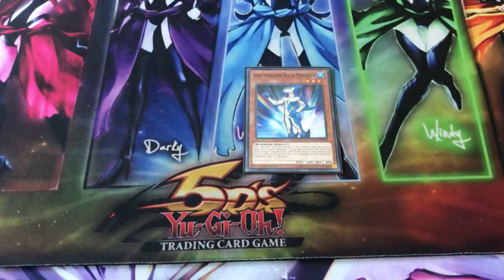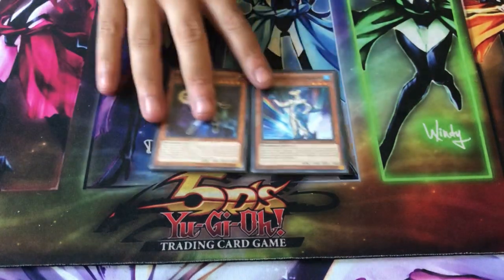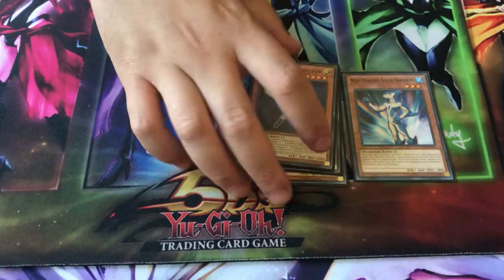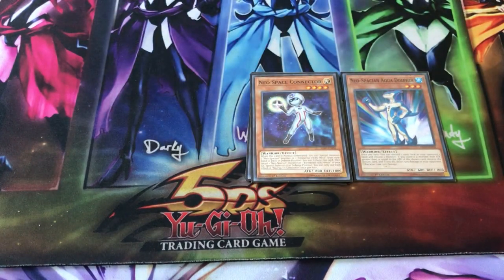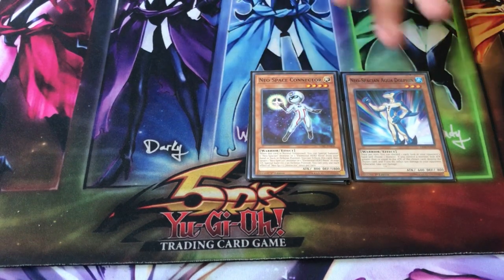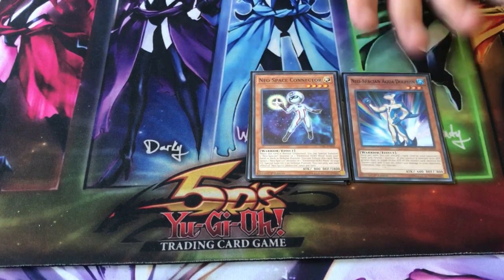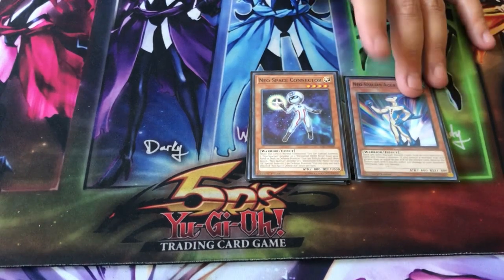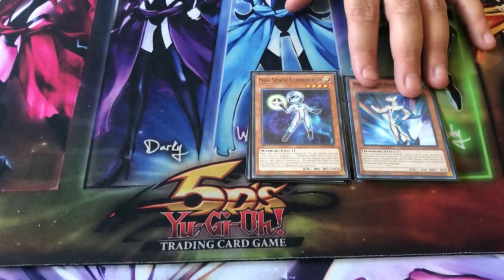And then Neospatian Aqua Dolphin, because we do run the Neospatian package, so we run 3 Neospatian Connector along with the 1 Neospatian Aqua Dolphin. Just great because when Neospatian Connector is summoned, he lets you special summon 1 Neospatian monster or Elemental HERO Neos from your deck. And then once Aqua Dolphin is summoned, he lets you discard 1 card and then look at your